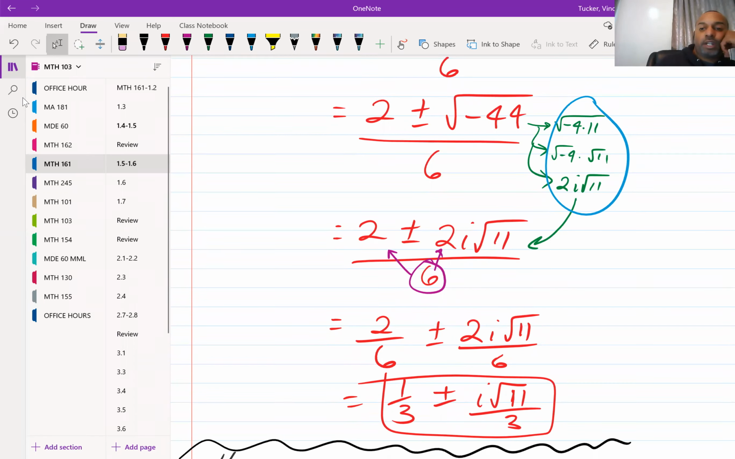All right. Can I go off the next page? Anybody copying this still? All right. So